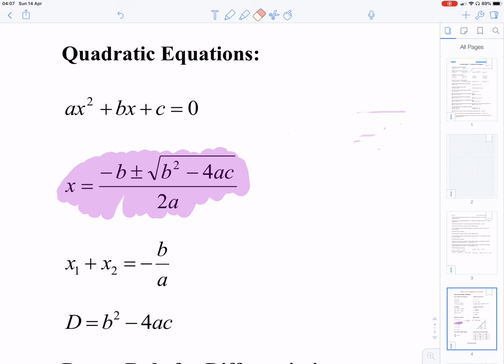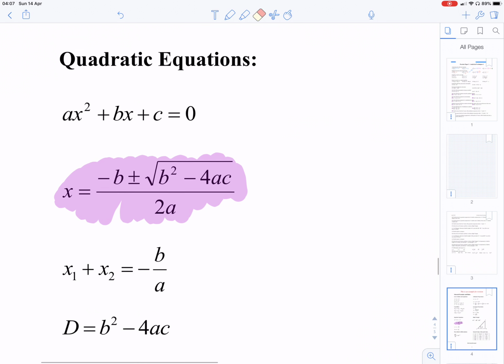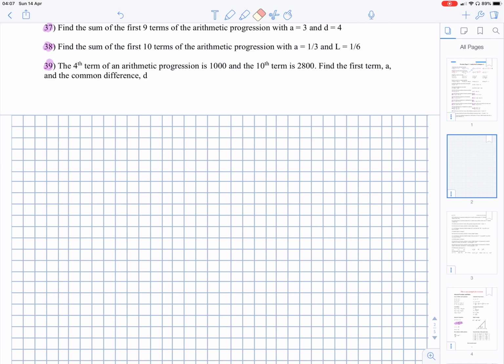In fact, let's just go ahead and write it here. So number 27. Okay, quadratic formula is x equals minus b plus or minus square root of b squared minus 4ac divided by